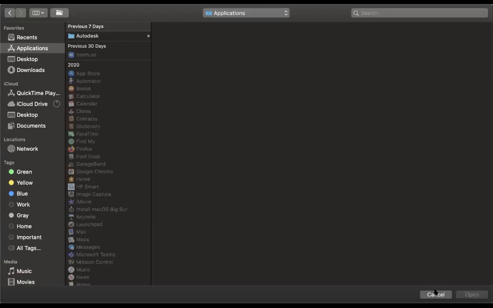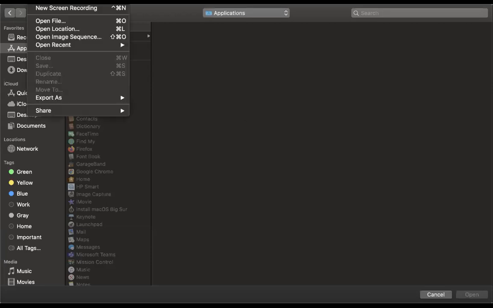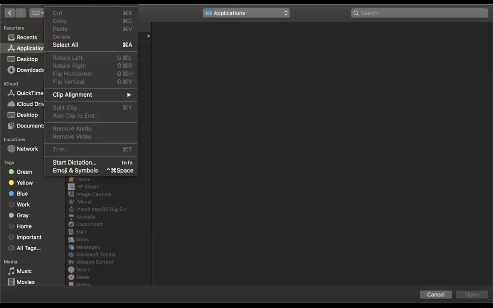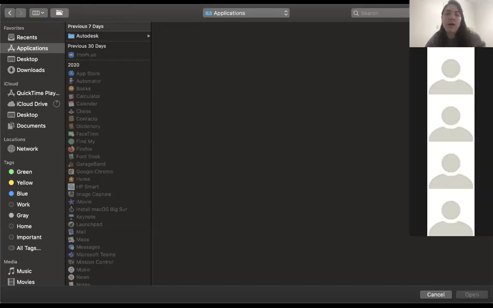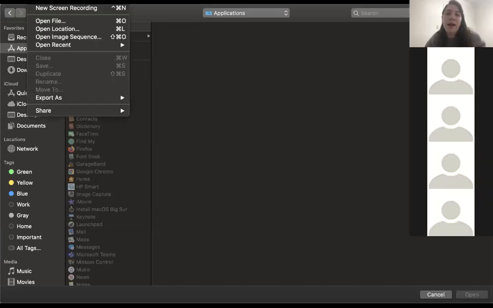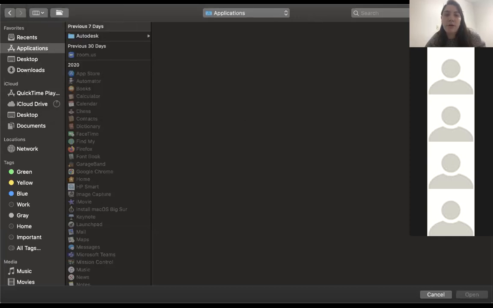I use QuickTime Player. How QuickTime Player works is you just hit File, which I'm not sure the screen sharing actually shows, but it's up in the corner next to QuickTime Player if it isn't showing it. And you'll do New Audio Recording. So then you want to have your book open,